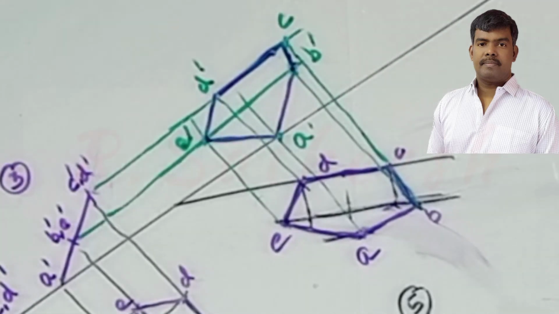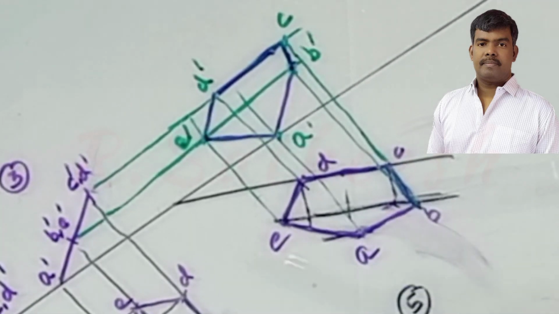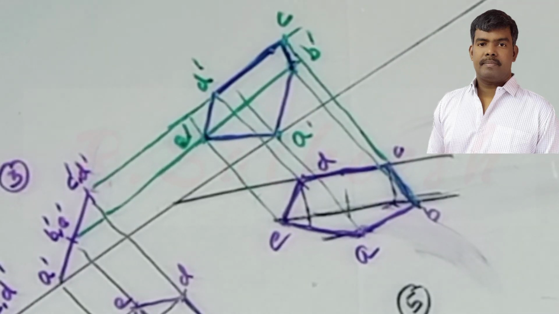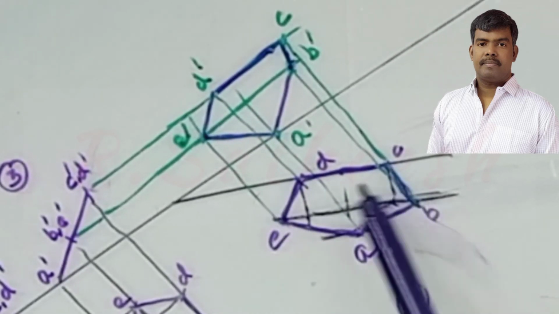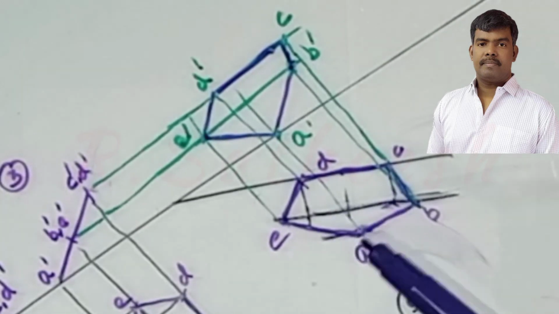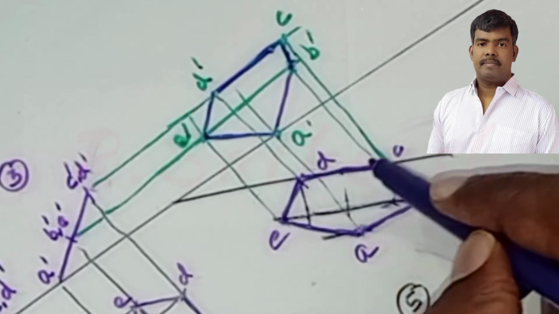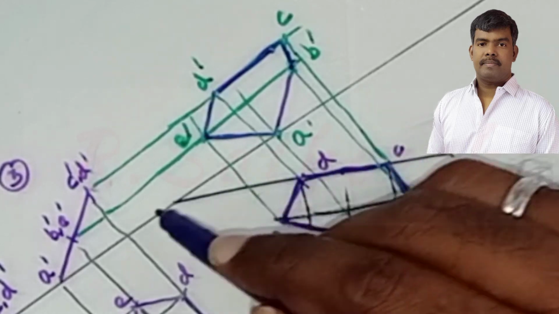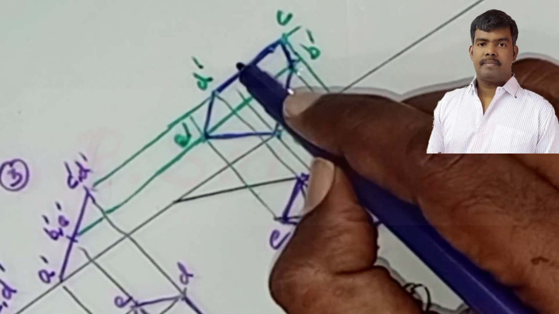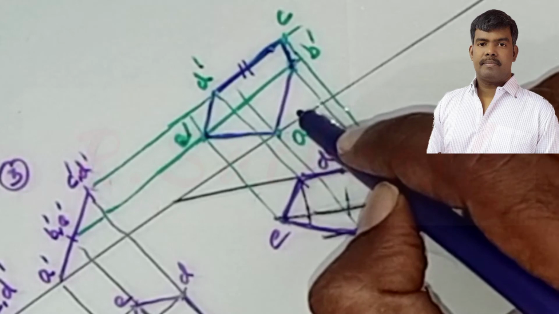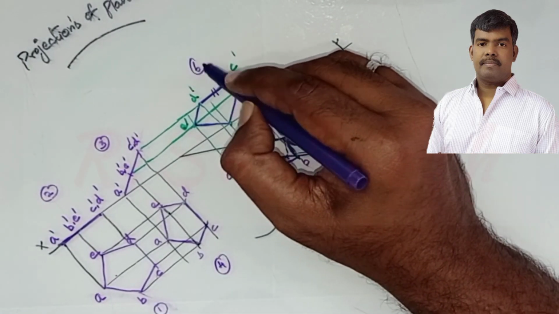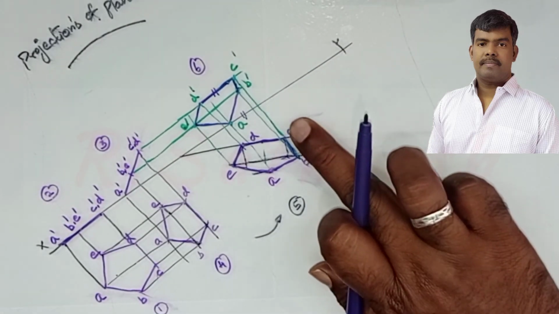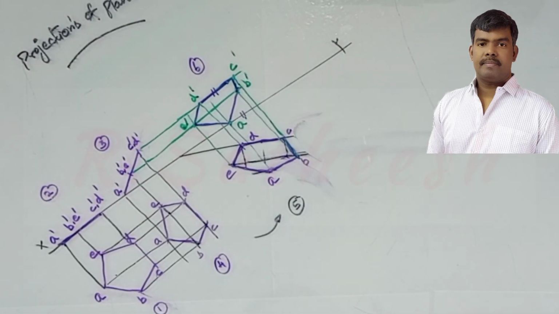Let us cross-check our solution. The resting corner is A, and the side opposite to it is CD. As per the given condition, it should be inclined 30 degrees to VP and parallel to HP. You see that the edge CD is inclined 30 degrees to VP, and CD is parallel to HP. So our condition is satisfied. Finally we get the sixth diagram, and mention the dimensions as per the standard format.